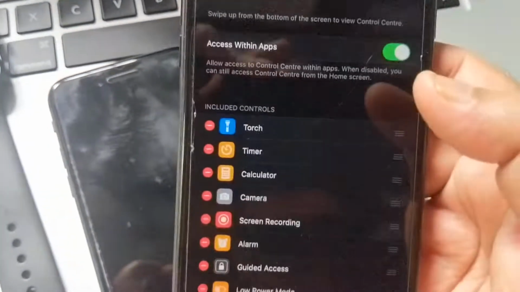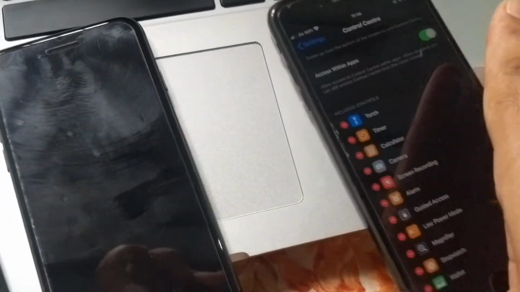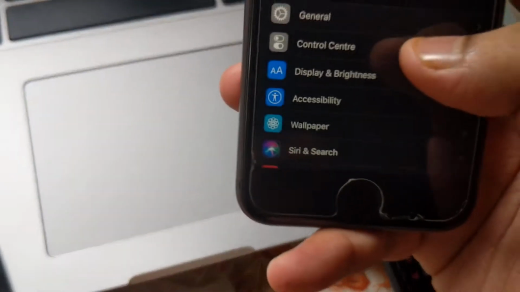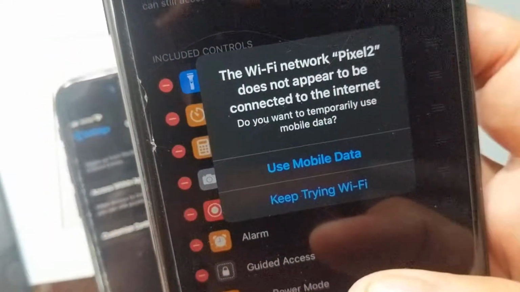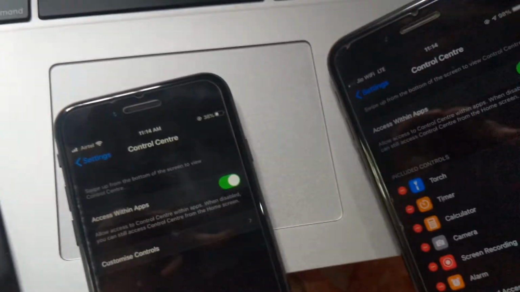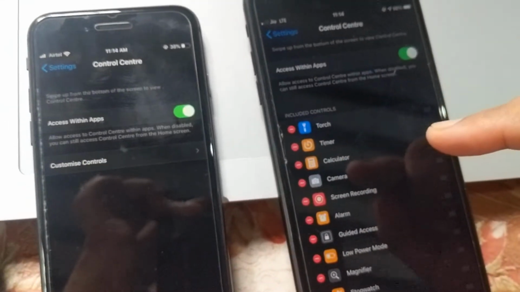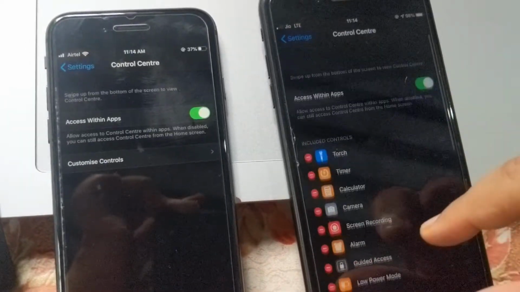And in control center also, I will show you how control center is different in iOS 13 and 14. So I'm opening control center on this device as well. Inside control center in iOS 14, you will see all the options available beforehand on the very first page.